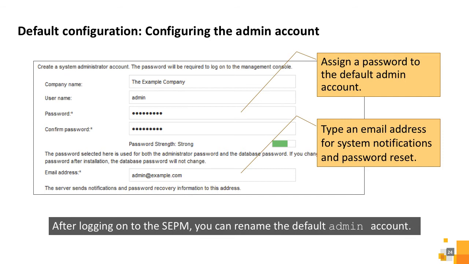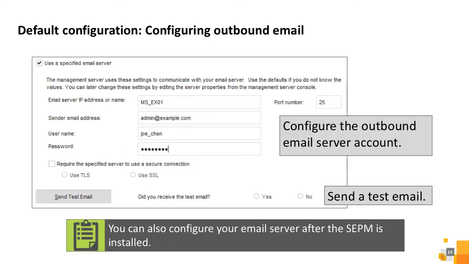You can also change the password or the email account for this user at any time. SEP administrator accounts are managed on the admin page of the SEPM console. Next, type the SMTP server name, port number, and minimum privilege email credential that the SEPM uses to send notifications